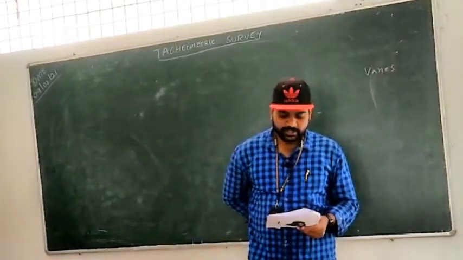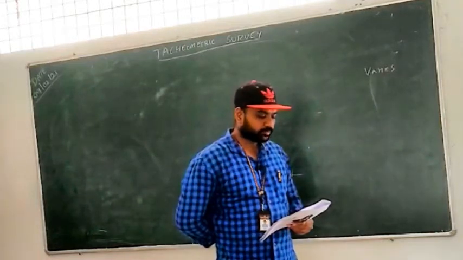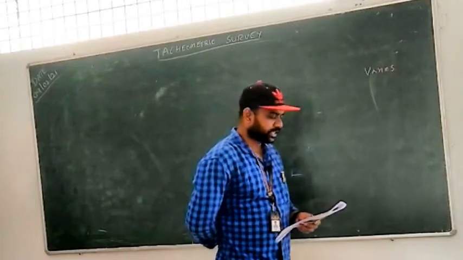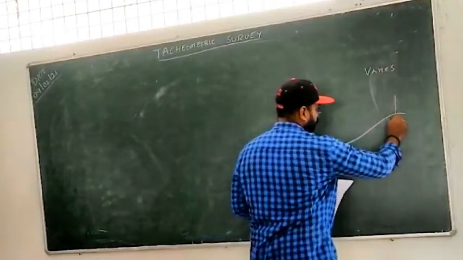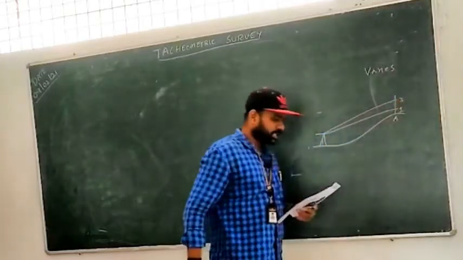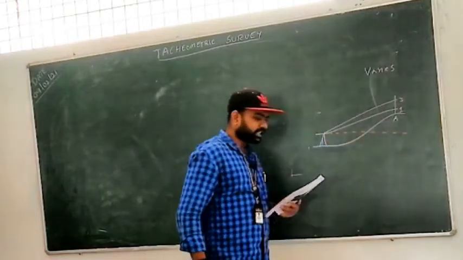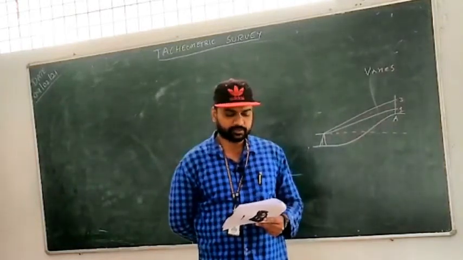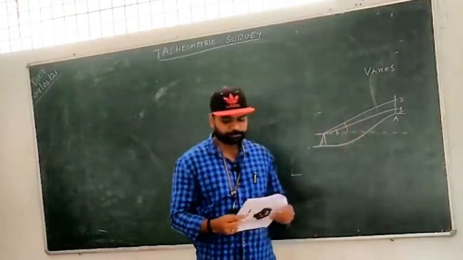The vertical angles to vanes fixed at 1 meter and 3 meter above the foot of the staff held vertically, at a station A, capital A, were plus 2 degree 30 minute and plus 5 degree 48 minute respectively. Okay.